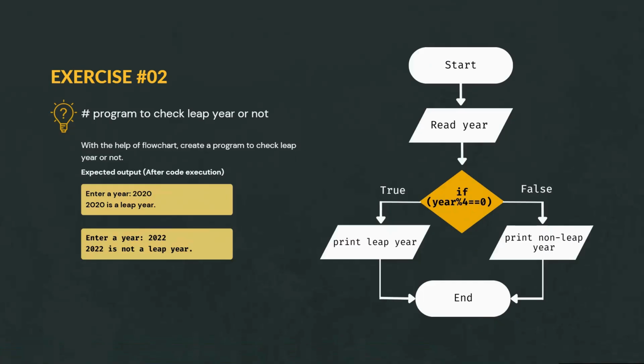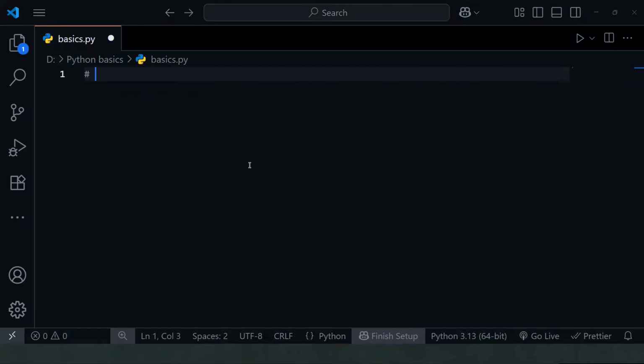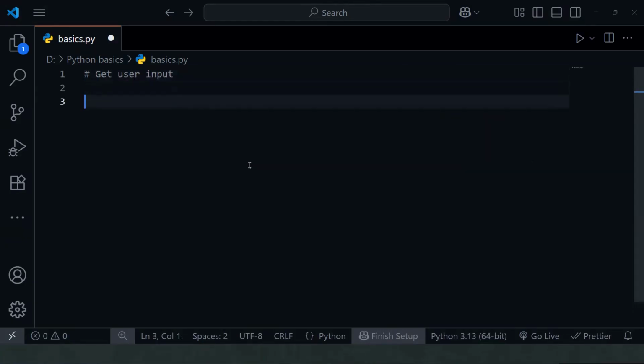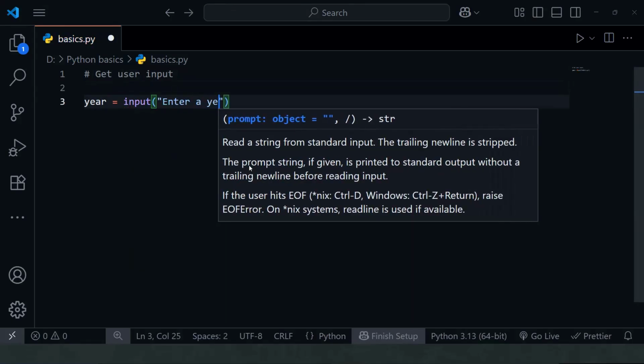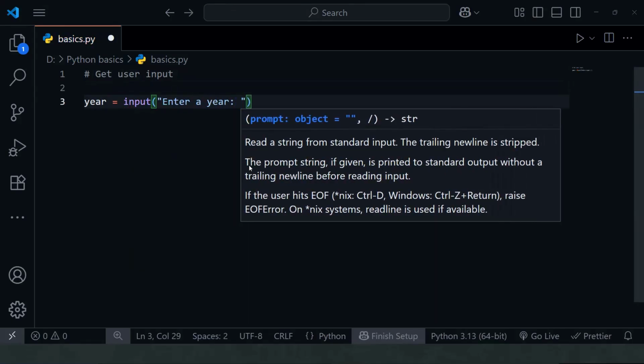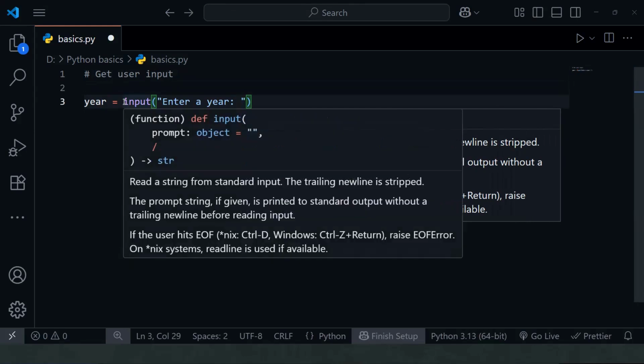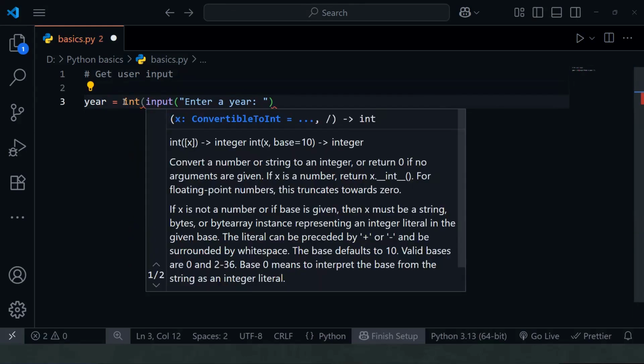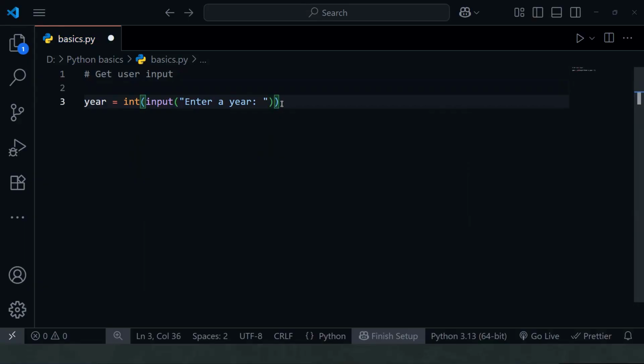Okay, now let's convert our flowchart into Python code. So now all you have to do is get user input and year equal to input, and you just have to do enter a year. So we need the input in integers because we are going to perform mathematical calculations. So use int to convert the input from string to integer. And now you will check the condition